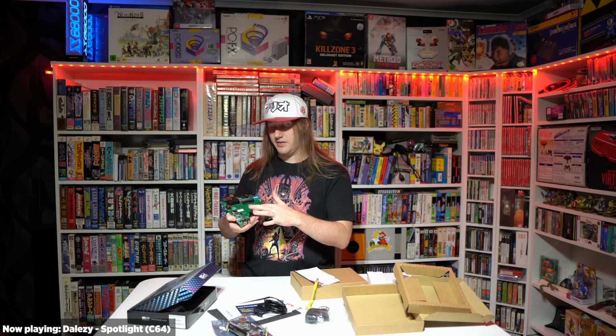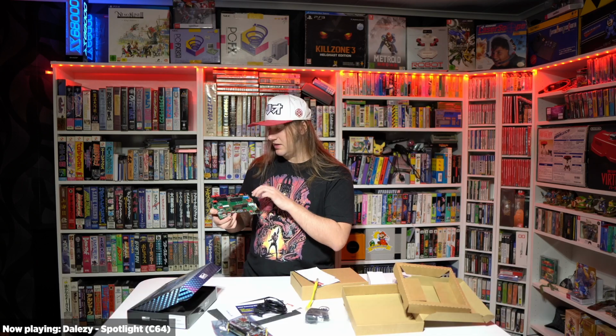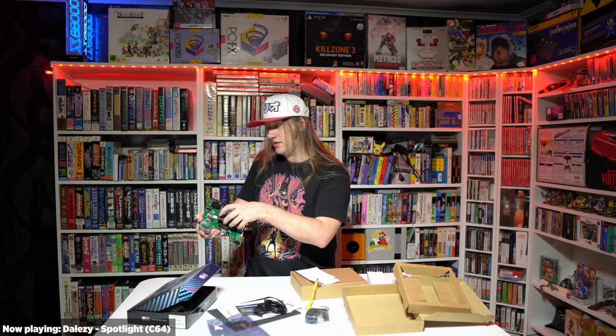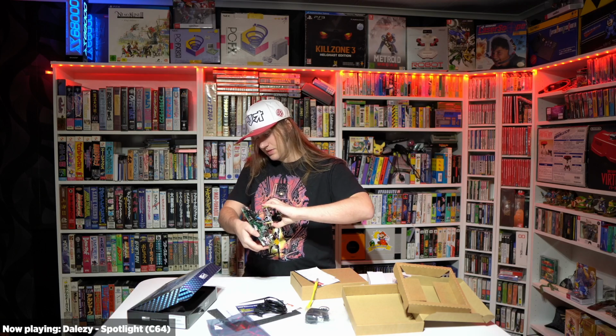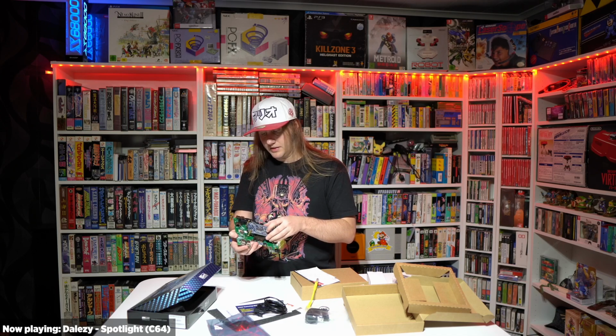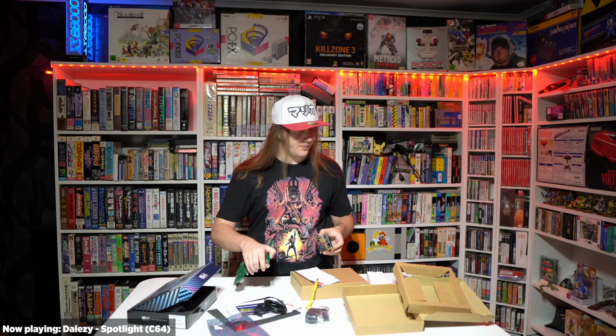And you have some kind of expansion, I think this is, you can use for the SNAC maybe. And up here is where you see, over here, there are pins on the DE10 Nano. So up here you can attach it like this. But I think you need to remove this plastic plate as well as this. Or maybe it actually just fits like that. No, maybe like this. Yeah. So it fits like this perfectly, but you need to remove this plastic here. I think they have installation instructions